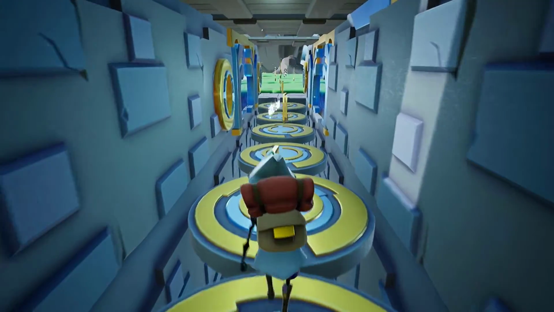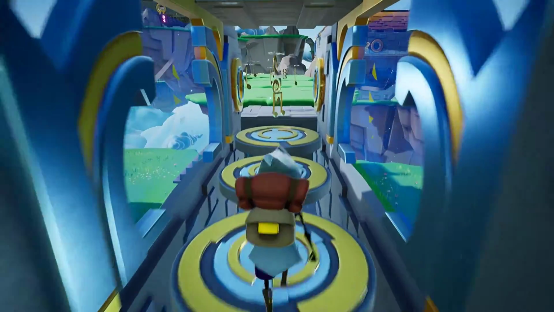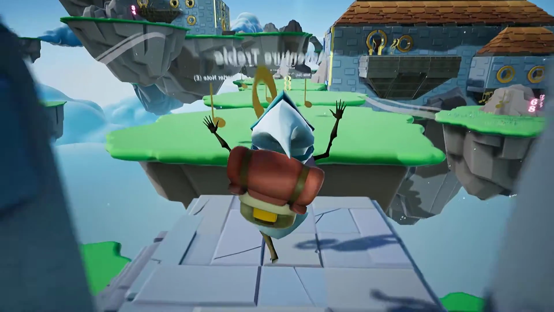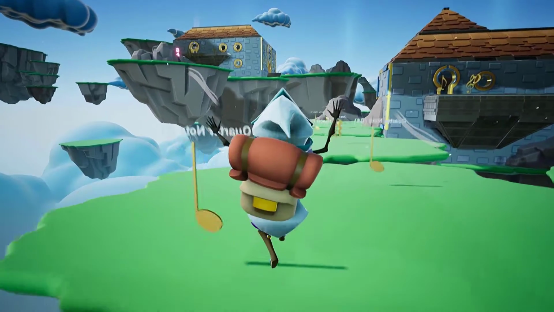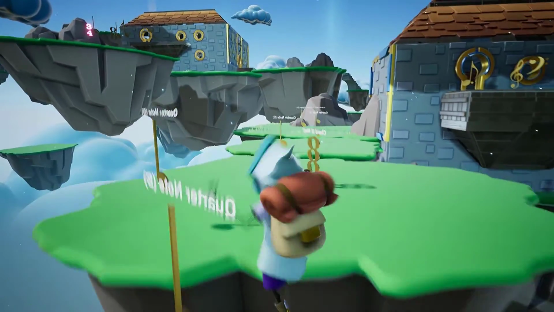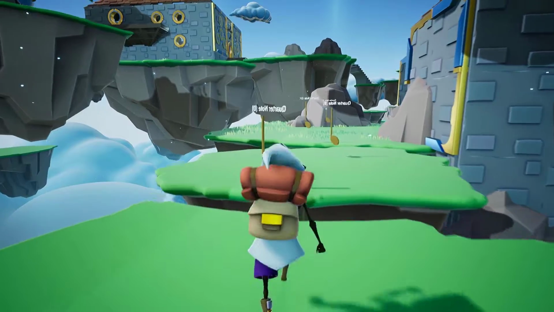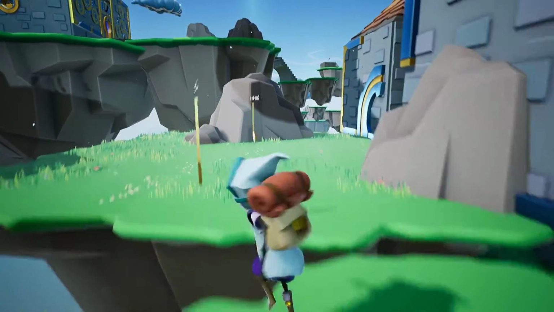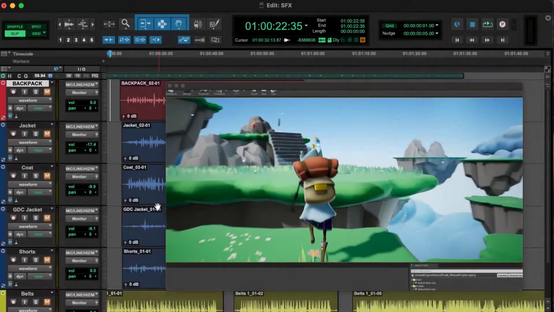This video is about how I designed an interactive Foley system using player speed to dynamically adjust the pitch, volume, and timbre of a character's clothing. This was achieved using Wwise and Blueprint scripting for an interactive music platformer that I developed in Unreal called Brubeck Dreaming. I began by recording Foley sounds into Pro Tools using my Rode NTG5 microphone, starting with my backpack for